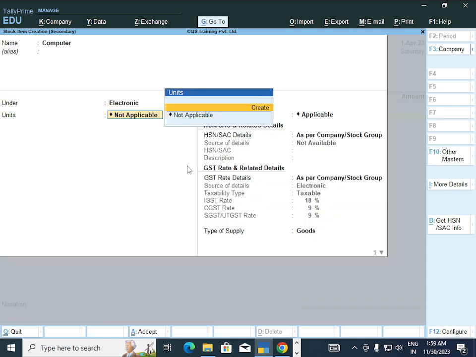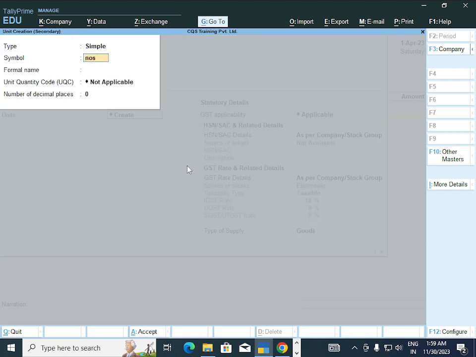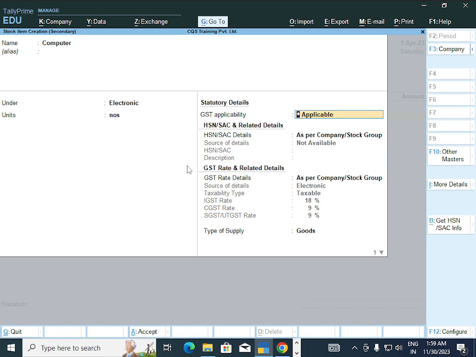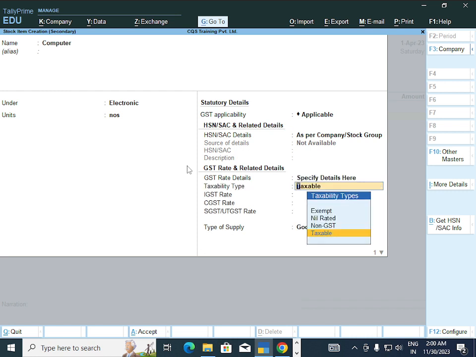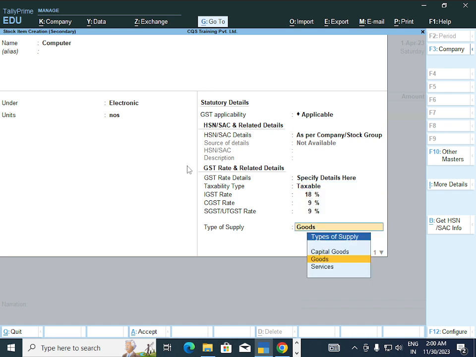Unit, we don't have, we need to create it. Press Alt C and type NOS. NOS means number. GST applicability is applicable. For GST rate specified detail here, taxability type is taxable. 18% GST will be charged on goods.